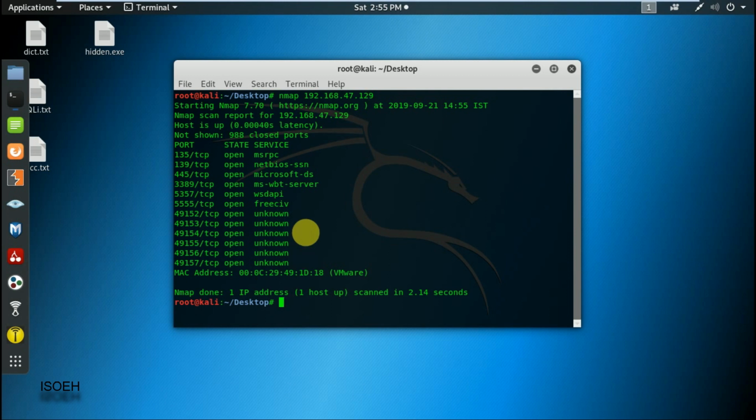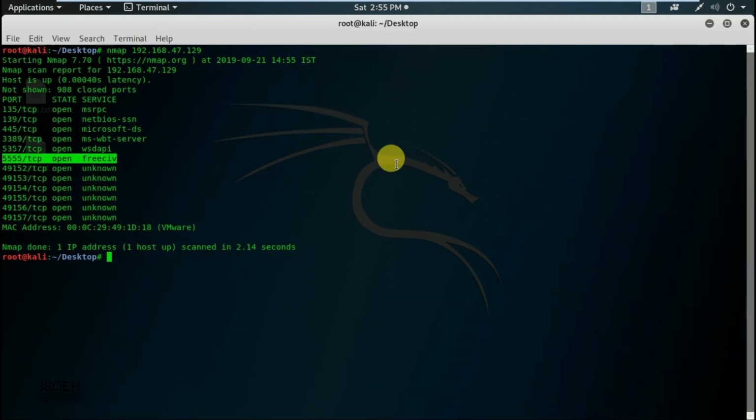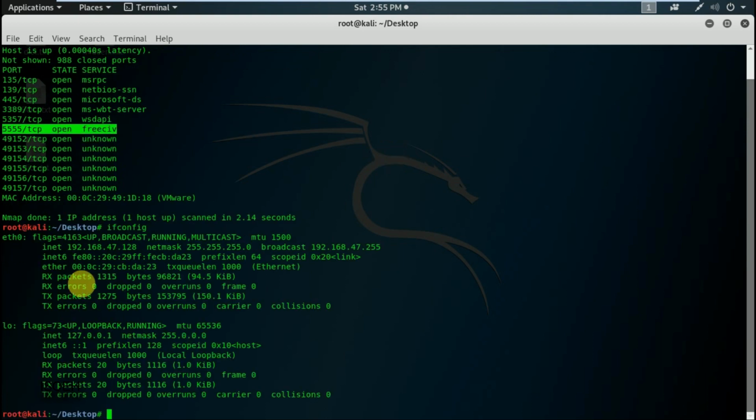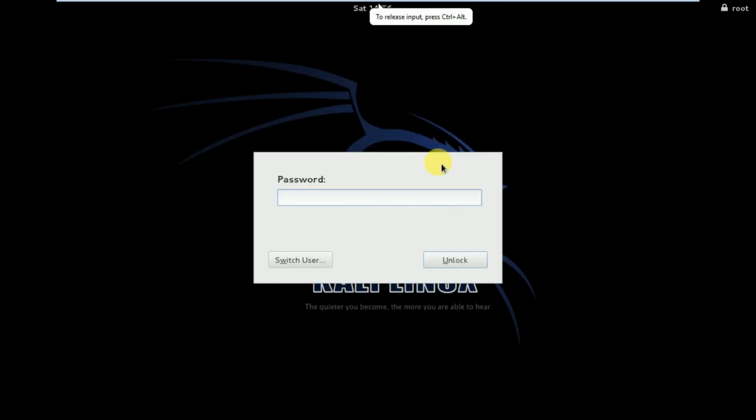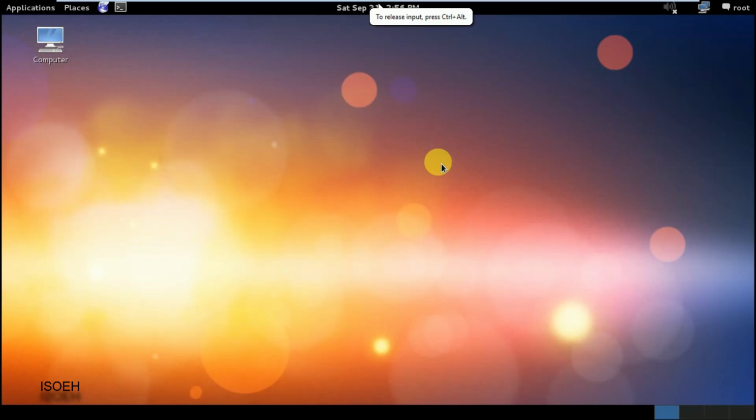I am scanning through Nmap and it will show 5555 TCP open. I am accessing it from .128. From .128 it will show open, but when I move to another system and try